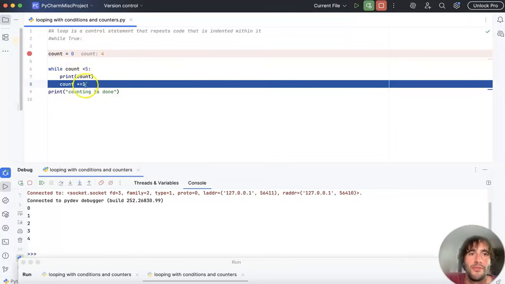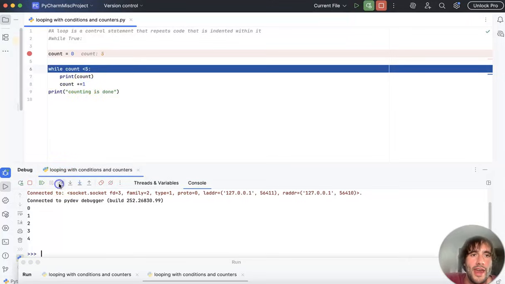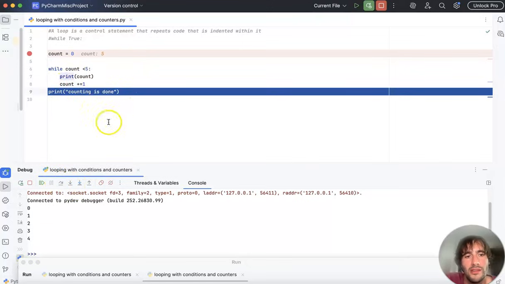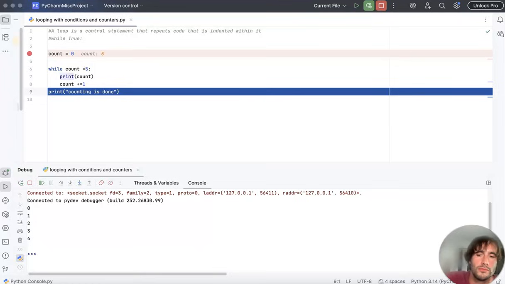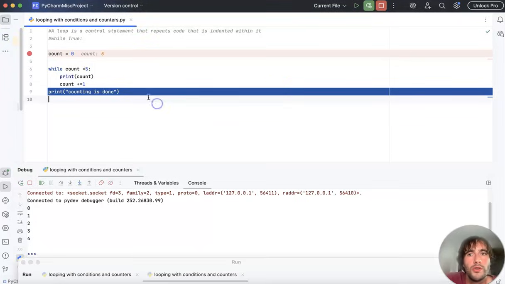But the moment this line's going to execute, now it's 5. Well, is count, which is 5, less than 5? No, it's not less than 5. It is 5, so it exits, and so counting is done. So again, that's the debug tool that allows you to unpack that. Now, where we could also do something,